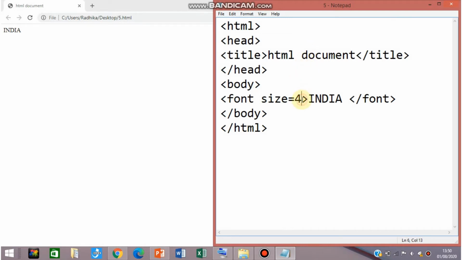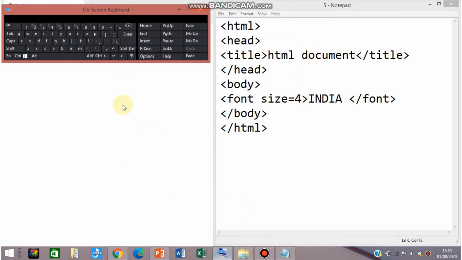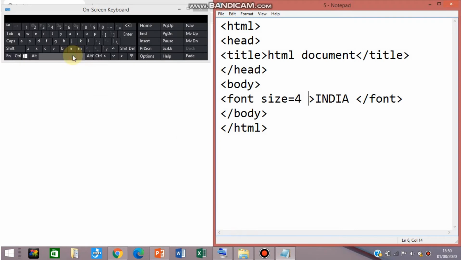Fine. Now let us see how to add color with the font tag. The size we have mentioned. Color, let us mention as red. Okay. Size, let us change it to 8. Save it.